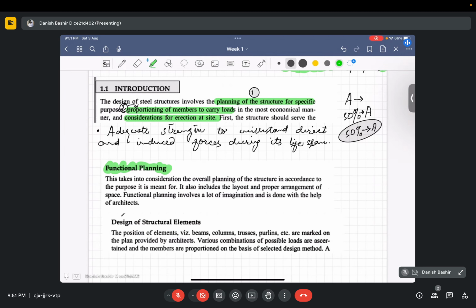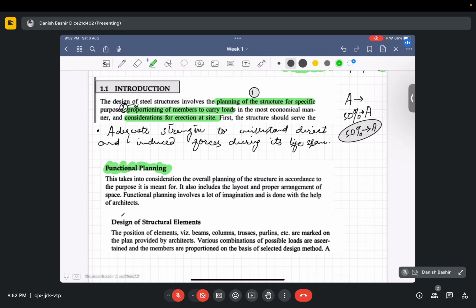It also includes the layout and the proper arrangement of the space. Functional planning involves a lot of imagination and is done with the help of architects. Okay, this is the basic definition of functional planning. It is just the planning of the structure that we are going to build using our steel material. Then the second point is